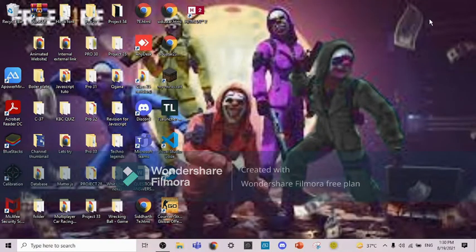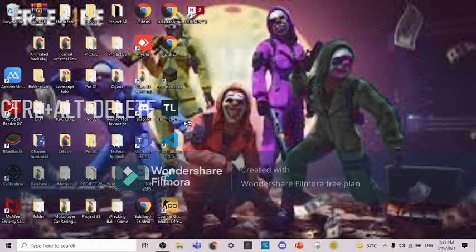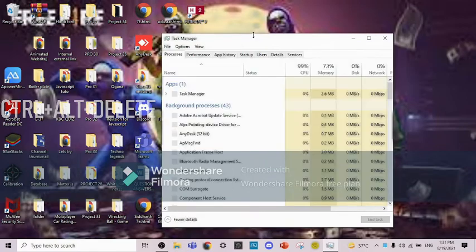So guys, for stopping this, first of all you have to press Ctrl Alt Delete on your screen. When you click Ctrl Alt Delete, it will take some time, and then there will be 4 options in front of you: lock, switch user, sign out and task manager. So you have to directly click on task manager, and after clicking on task manager it will take a few moments, and this type of interface will load on your screen.